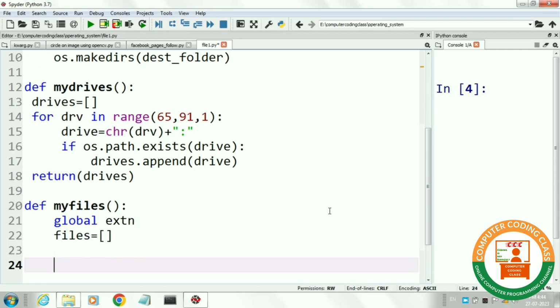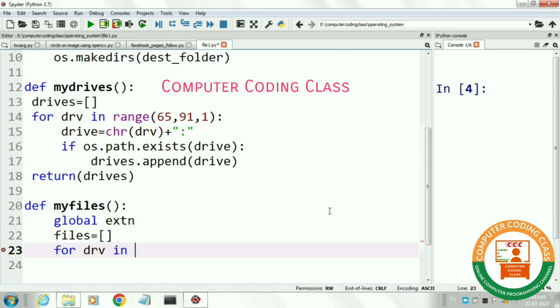Next, we will create an empty Python list named files. Next, we will call myDrives function with for loop. This loop will give all the drives of your computer one by one.